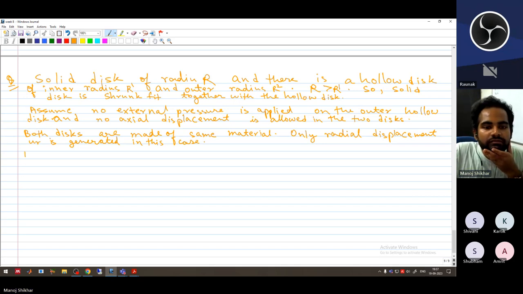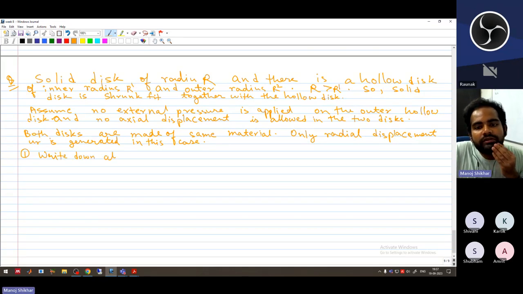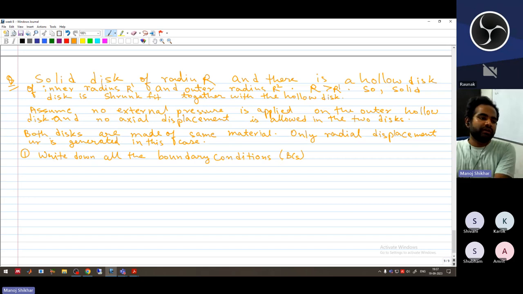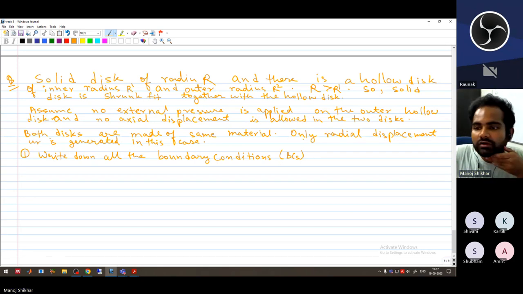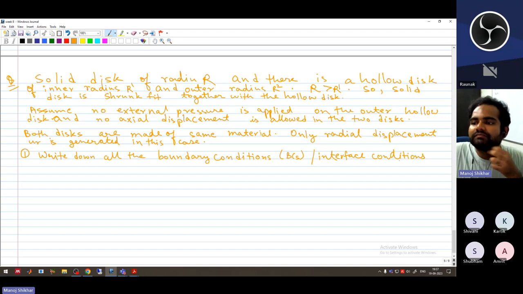You have to write down all the boundary conditions, BCs. I will write boundary condition in short form as BCs. So from now on, if I write BC, it means boundary condition or interface conditions. I will not short form the term interface conditions because if I write IC, you will be confused later on. ICs are generally used as initial conditions in differential equations or in other subjects. So I'll write interface conditions